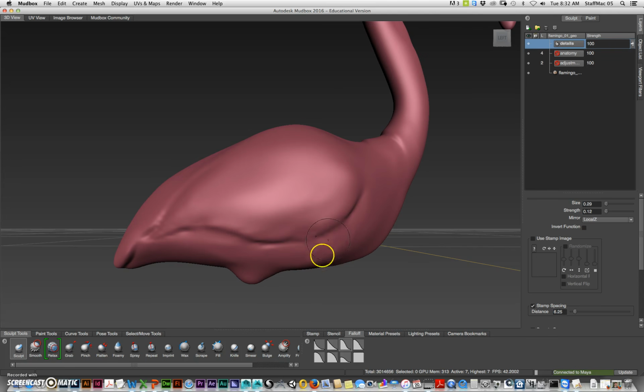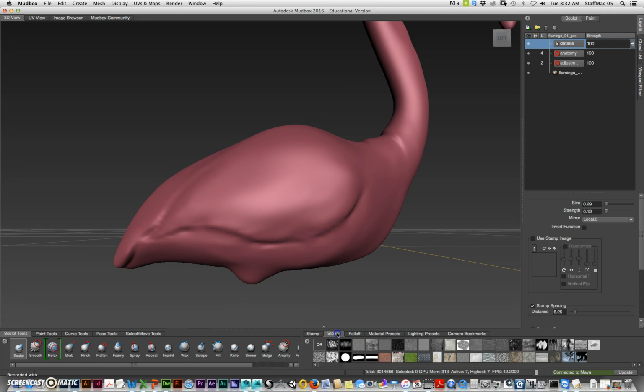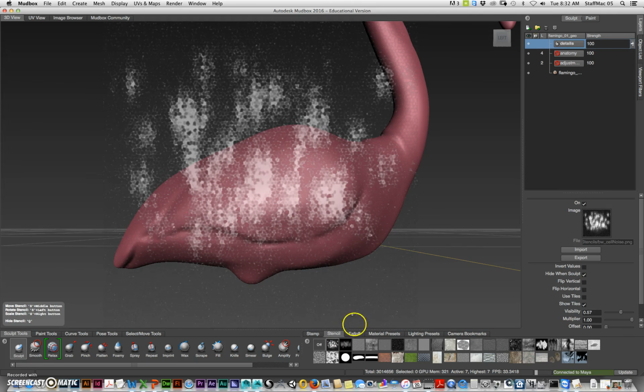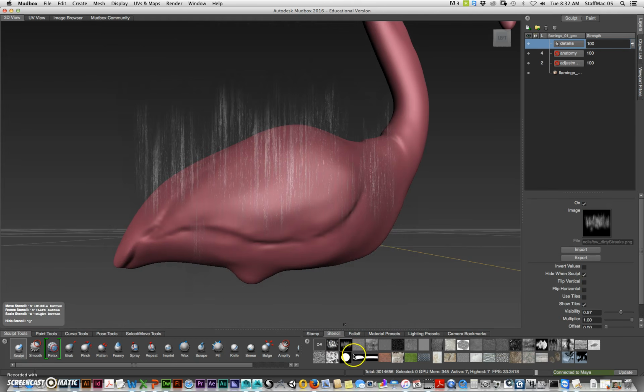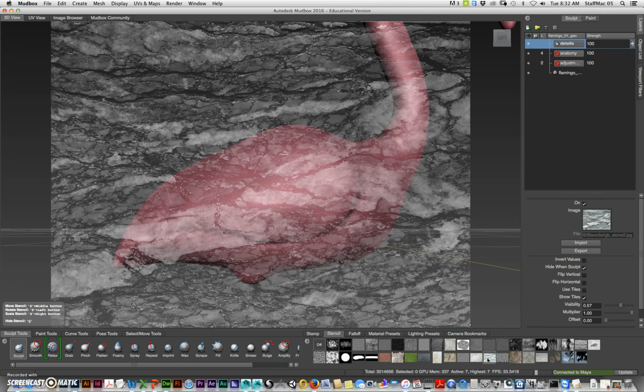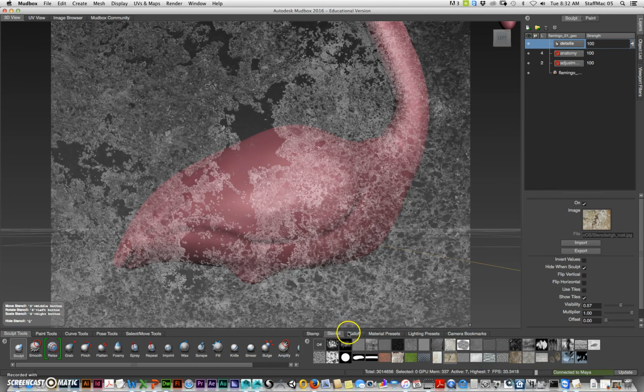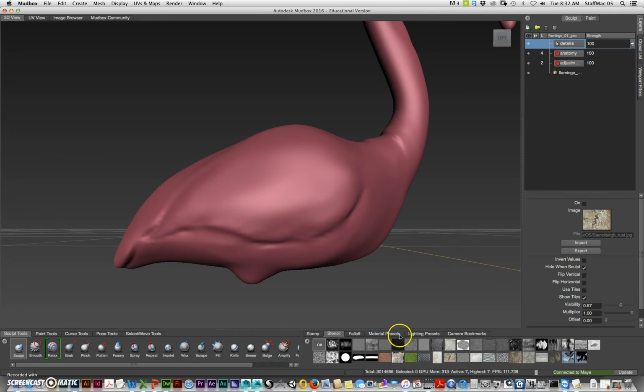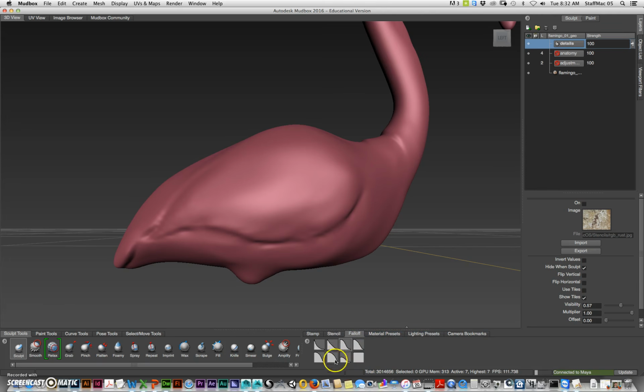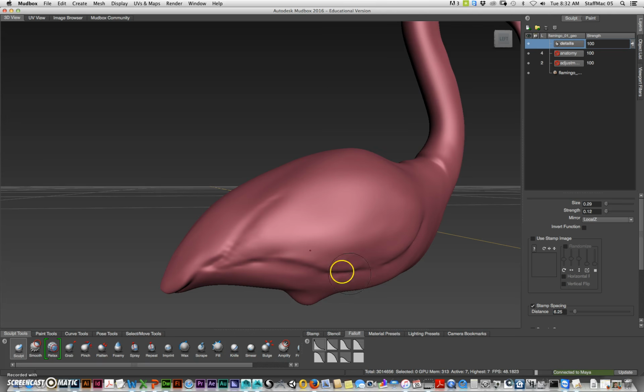And now what I'm going to do is start trying to sculpt some details into this, okay? Now you can use, just like we used stencils before, this or any of these in order to make this look more feathered. But I am going to hand do it because, oops, I've got to go to stencil and turn that off. This is actually not that sort. So I'm just going to use my fall offs and hand do it because this is just a plastic model. So I'm going to hold B and make this smaller, and I'm going to cut in feathers. Okay, so I'm holding Control. All right, and I